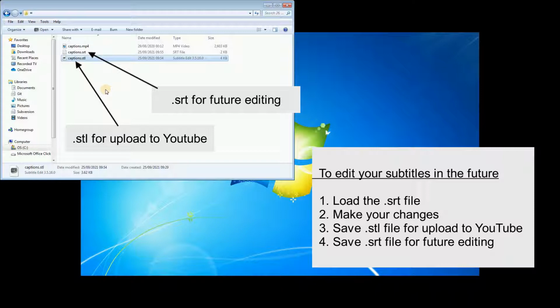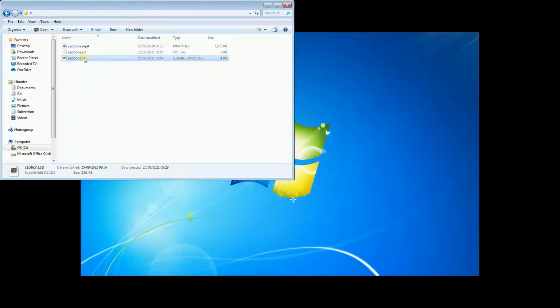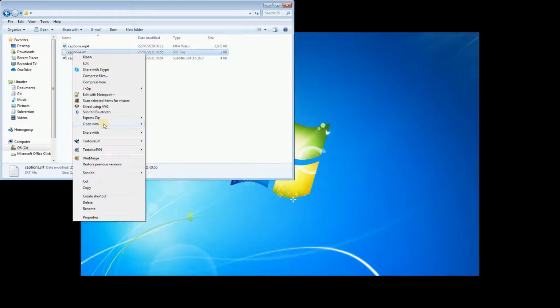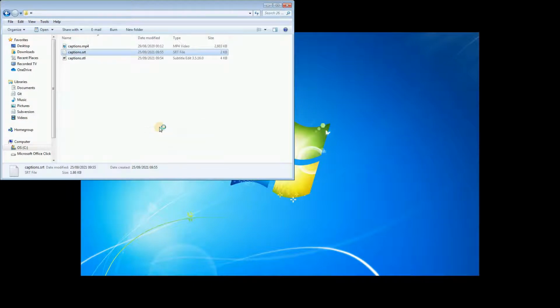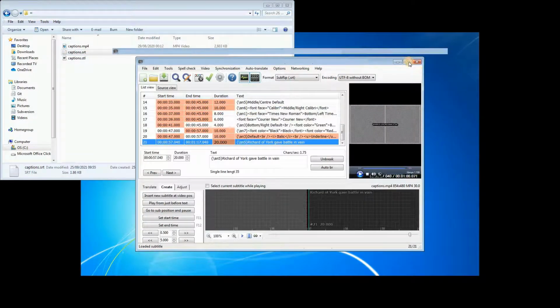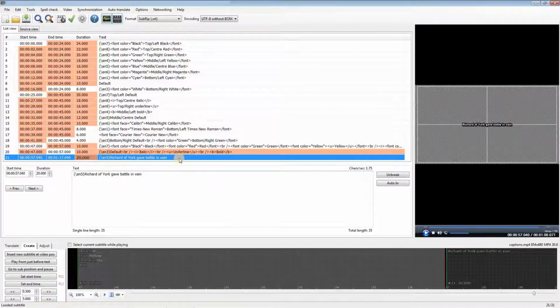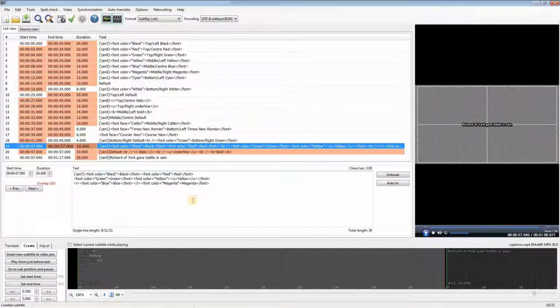I'll do a quick example here to show another interesting feature. So first I load the SRT file. You can see that all the tags are intact because they're just stored as text in the captions.